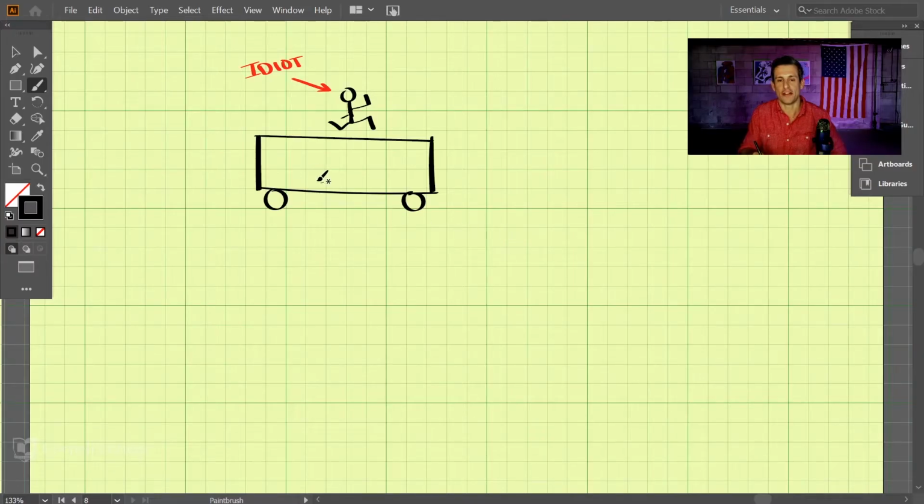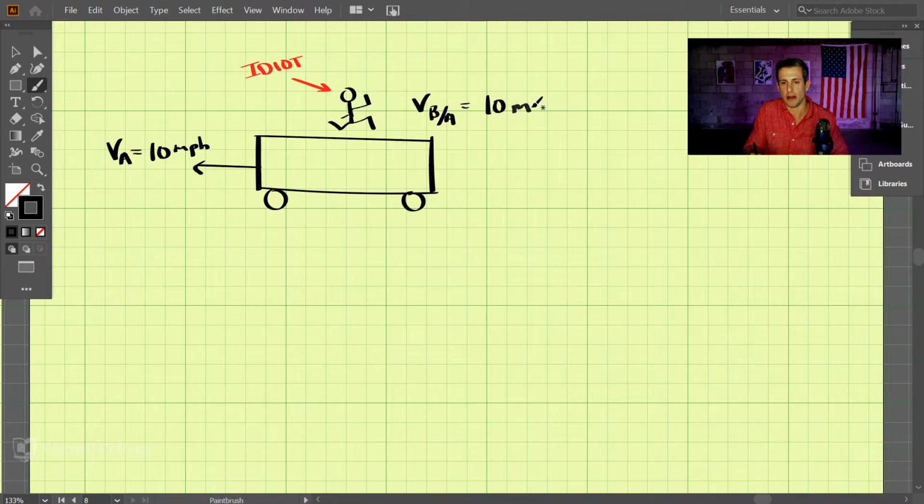This person's running on the train. So the train is moving this direction, and we'll call that VA equal to 10 miles per hour. Now this person up here is running the opposite direction, and that is the velocity of B with respect to A. And let's say that person can run 10 miles per hour. That's the top speed of this person running on the train. So from the observer that's on the ground here,